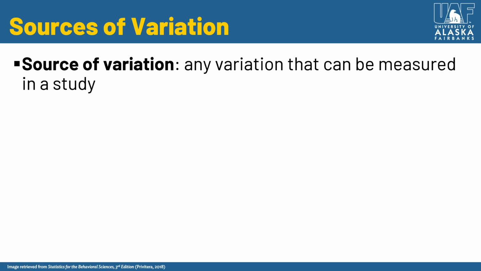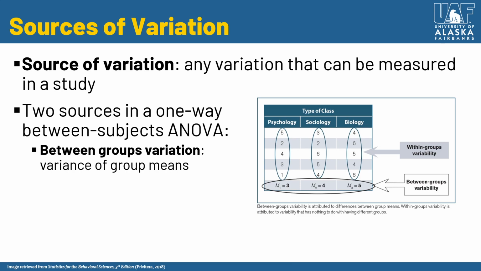Okay, some other key terms: source of variation. This is any variation that can be measured in a study. This will vary depending on the type of ANOVA we're doing. The goal here isn't to complicate things or confuse you, but just to note this because these are terms we'll come back to as we're talking about different pieces of the analysis. And so in a one-way between subjects ANOVA, the two primary sources of variation are between groups,